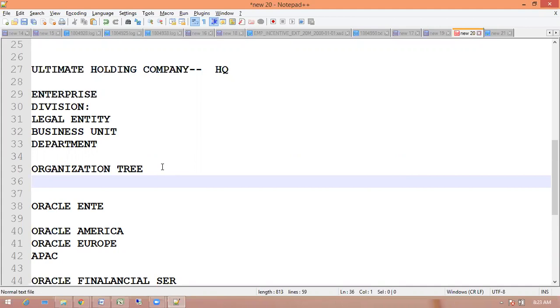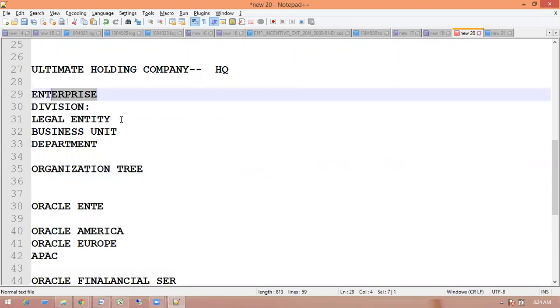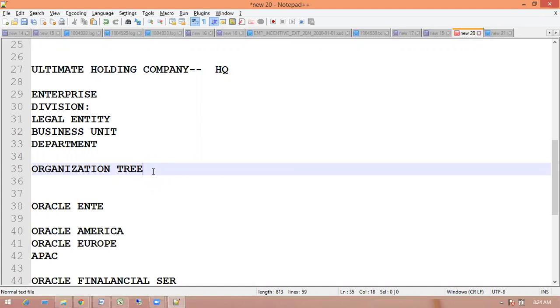So in the organization tree, you have to maintain the basic, first node, the highest node is enterprise. Then the next node, if you are using legal entity, then legal entity is the secondary node. Like that, you have to define the hierarchy. It can be configured manually, or you can load the data using a file, HDL. In HDL, you have to specify what is the parent organization and what is the child organization. That number you have to specify. In that way, you can create the organization tree.